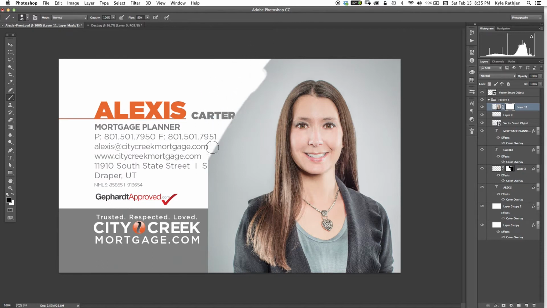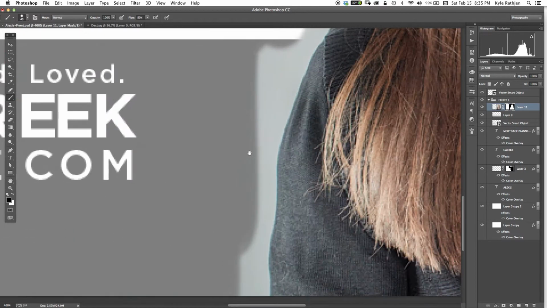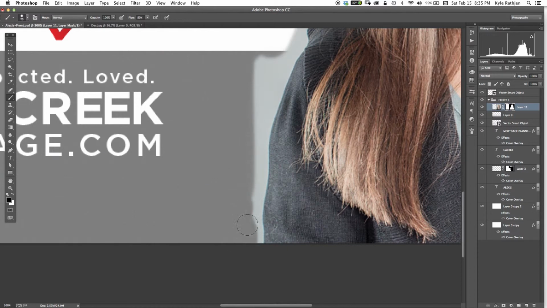Then you're just going to start to paint black all over the gray. You can do a big rough cut at first, so you can do the smaller details later, or you can do the small details first, then go to the bigger sections last. But either way, it all needs to be gone. So I started like that, then I zoomed in a little bit, made the brush a little bit smaller, and you just get up against the shoulders